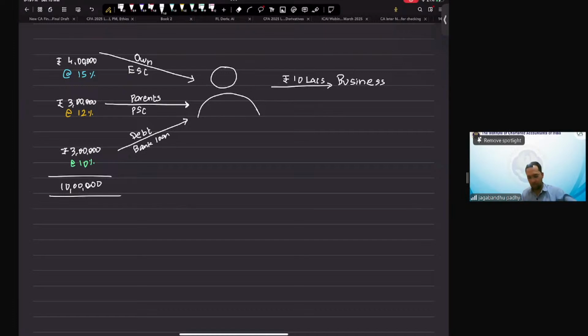Okay. Anyone? See, we have got funds from three different sources: equity share capital, preference share capital, and debenture holders. Equity shareholders need 15% rate of return. Debenture holders need to be given 10% rate of return, and preference shareholders need to be given 12% rate of return. So, now my question to you is, what should be the rate of return that you should be earning from the business so that all these investors are satisfied, or all these investors' claim is fulfilled? 12%. Okay. Let me just put it the other way around.